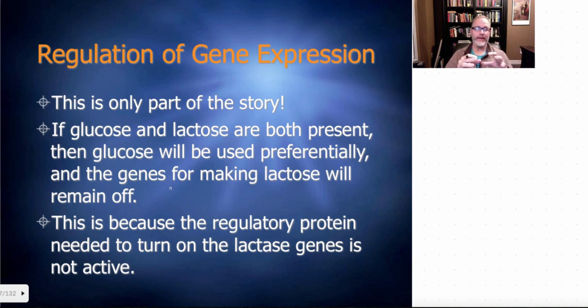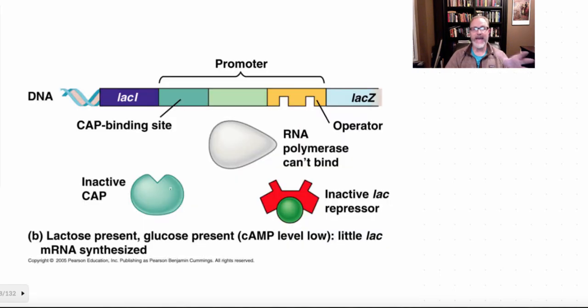So what's going to happen is if we have a case where we have both glucose and lactose available, glucose is more preferentially used because it's not a disaccharide. It's more easily used by the organism, so it's not going to expend any energy to make lactase because it's got some glucose available. And that's going to be preferentially used, and we don't need to activate any of those genes. So you can see here, when lactose is present,